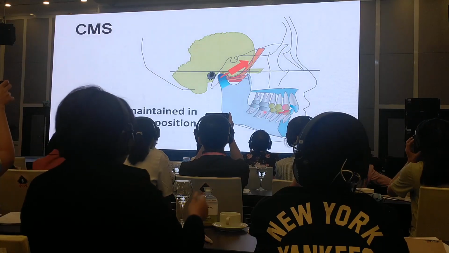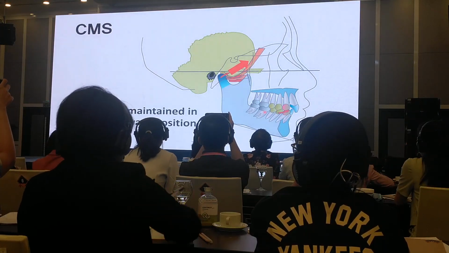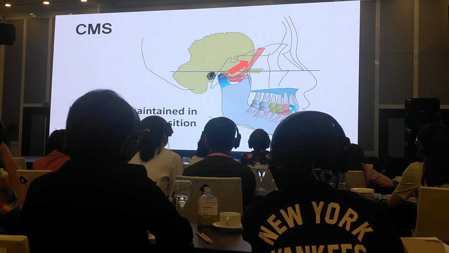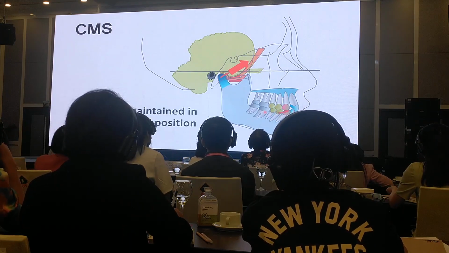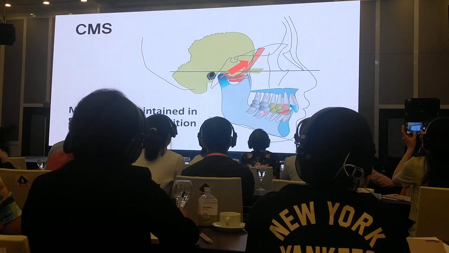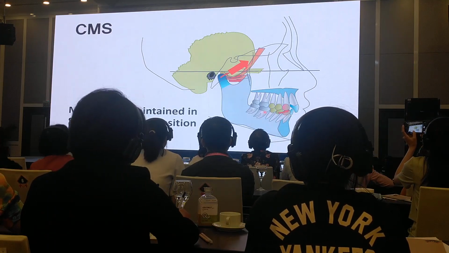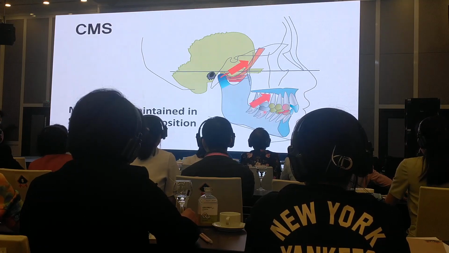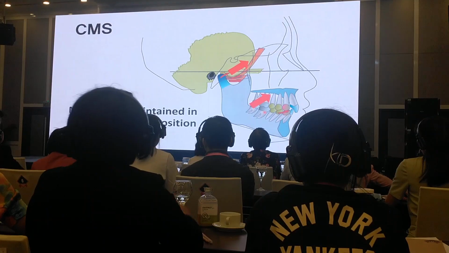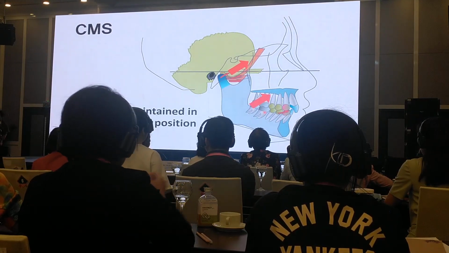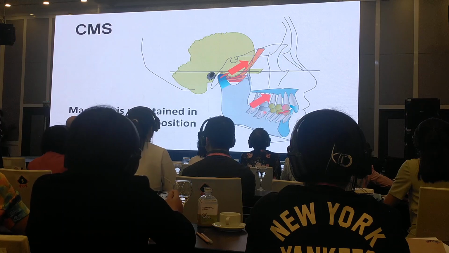Therefore, our occlusion treatment also we have to establish very nicely, harmonized with the craniomandibular system. That means occlusion-wise, we should bring the mandible forward. I already explained the anterior guidance. And